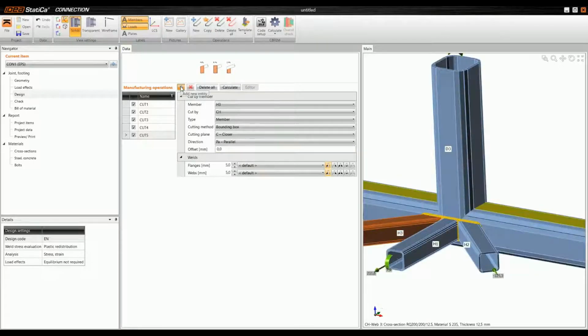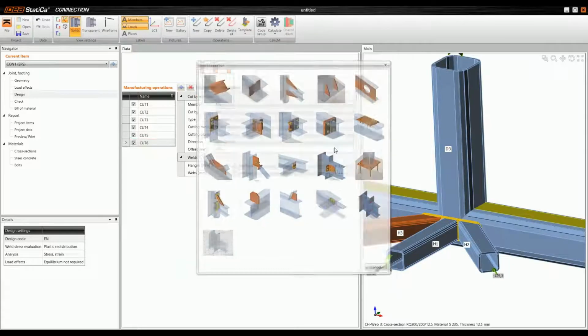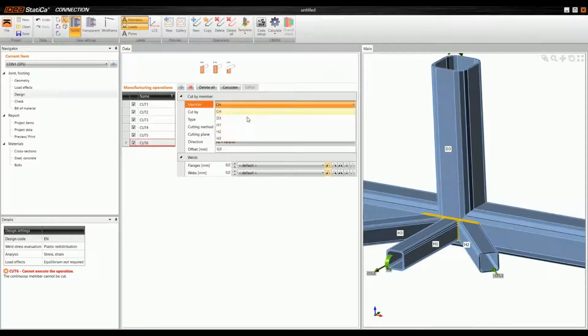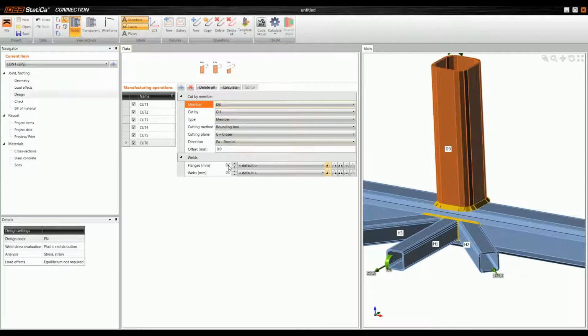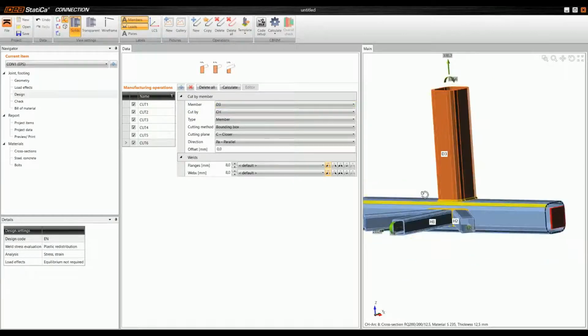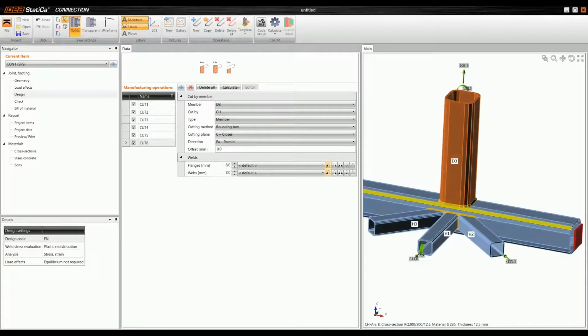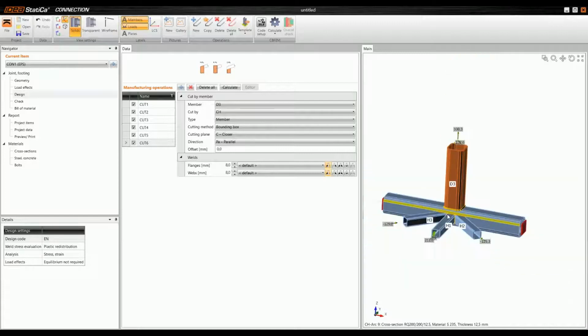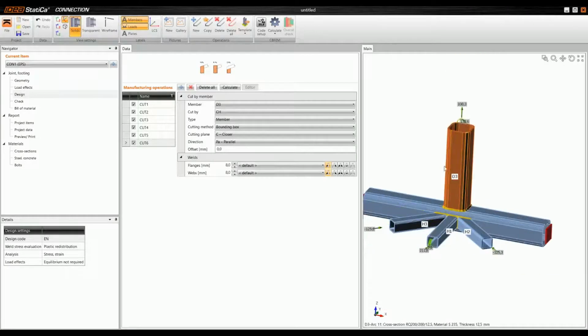And now the last cut would be the column member. So D3 by CH, and modify the thickness of weld to 8 millimeters. And that's it. Okay, so we connected all the members, and now we will make this joint somewhat stiffer